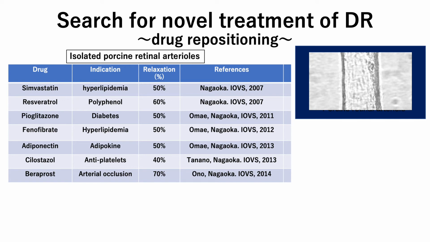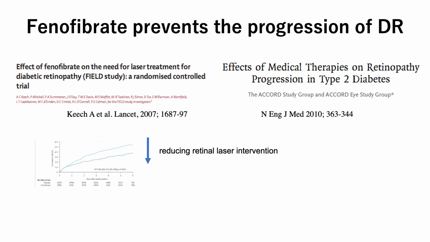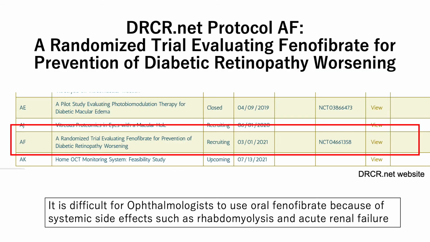Among them, fenofibrate had a good response to dilate the retinal arteriole, so we believe that fenofibrate may be a new drug candidate to improve retinal vascular function in diabetic retinopathy. This is because two randomized clinical trials, FIELD and ACCORD, reported an inhibitory effect of oral fenofibrate on diabetic retinopathy. In addition, DRCR Net